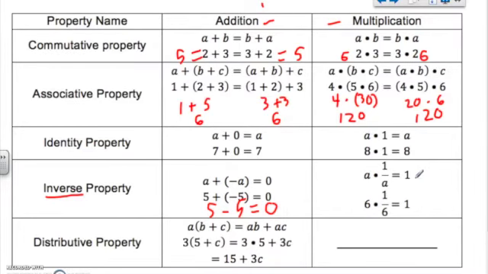With multiplication, if you take a number and multiply it by a fraction form of it, where you write the reciprocal, 1 over 6, for example in this problem, you are going to end up with 1. Because if you were multiplying these fractions, 6 is really 6 over 1. When you multiply fractions, you multiply the top times the top, so 6 times 1 would give us 6, and multiply the bottom, 1 times 6 would give us 6. And we know that 6 goes into both 6 and 6, which reduces to 1. The same thing holds for our general form, a. If we have a over 1 times 1 over a, our a's will cancel out,